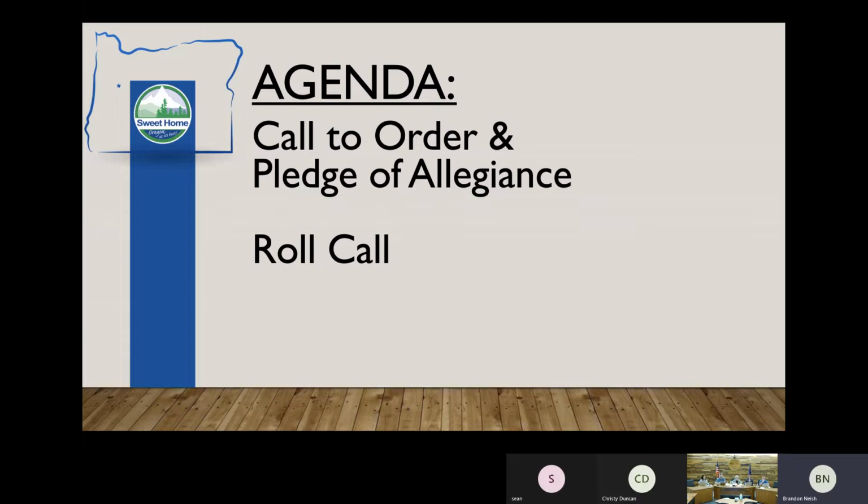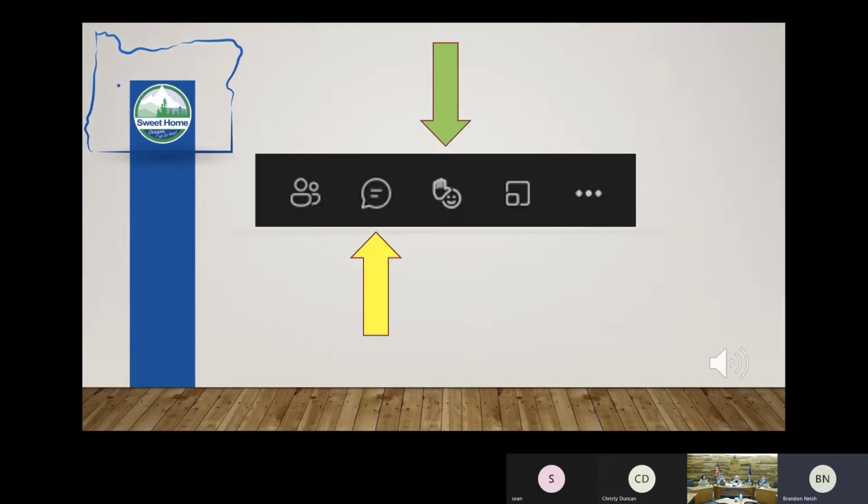I think, Brandon, you were going to do the video stream, please. Thank you to everyone who is joining us. For members of the public who would like to participate in this meeting, we have some instructions to help if you are new to using Microsoft Teams. Notice the icons in the upper right-hand corner of your screen. The second one from the left is a chat bubble icon, indicated with the yellow arrow. If you wish to be recognized by the mayor to speak, please choose the bubble icon to enter the meeting chat. It will appear on the right-hand side of your screen. First, enter your name, address, and phone number in the chat, followed by the topic you wish to discuss.